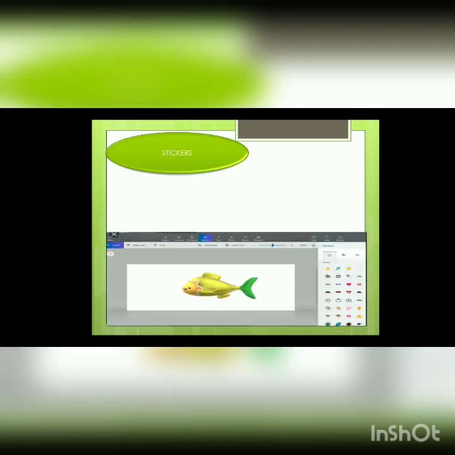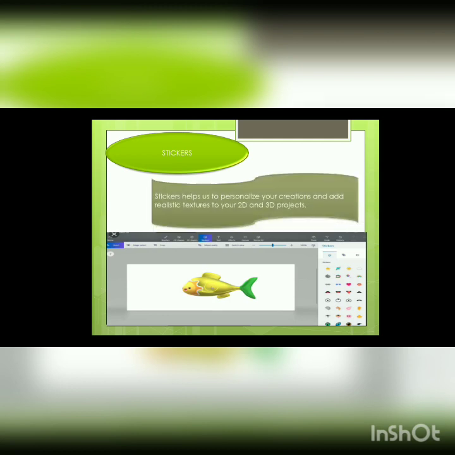The most important feature of Paint 3D is the sticker. Stickers help us to create professional-looking documents. They help us to create realistic texture with a 2D or 3D project. We can resize and change its position, and there are different icons provided on the right side.